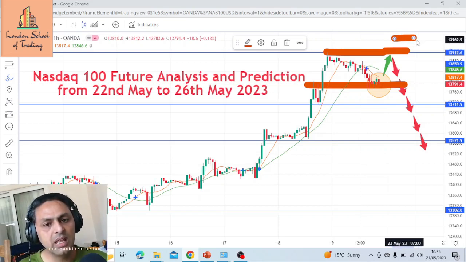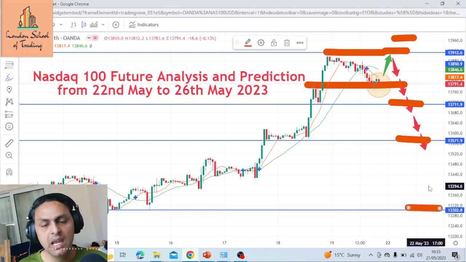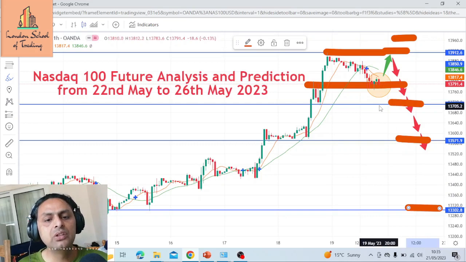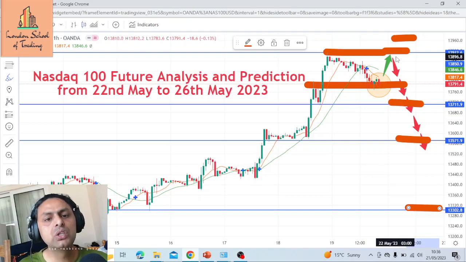at 13,950 something, that level, and go for selling side, okay? And your first target is gonna be 13,700, second target gonna be 13,500, followed by 13,300 for this week, okay? It's gonna be a very hard fall this week if that debt ceiling is not resolved, okay? But if it is resolved, then don't go for selling side, wait for suitable position to go in selling side. If it is resolved, definitely it will go up, okay?